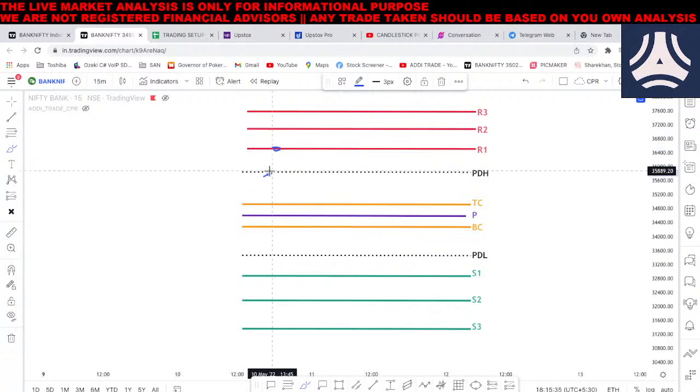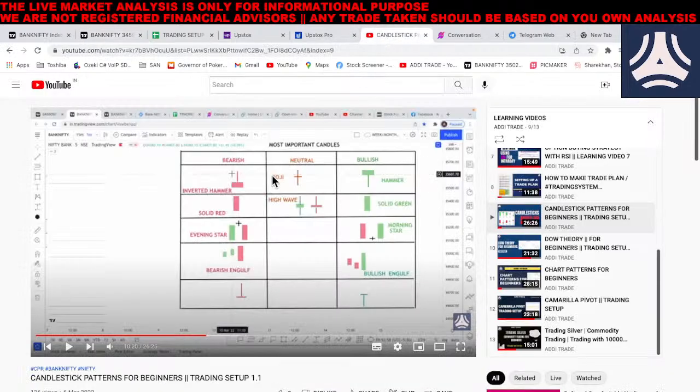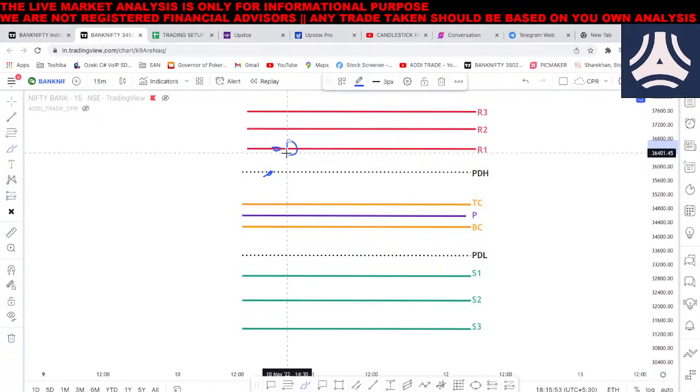Now, what are the things that we see for reversal? One is we need to see if there is a nice bearish candle that is formed. Either it should be one of these candles, either a bearish like an inverted hammer or a solid red candle or an evening star or a bearish engulfing. So we have to see if that candle comes on a 5-minute or a 15-minute chart,